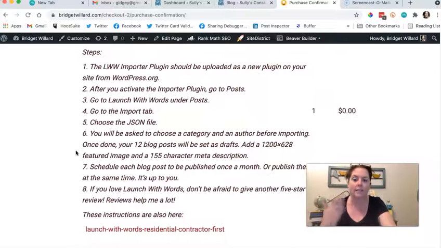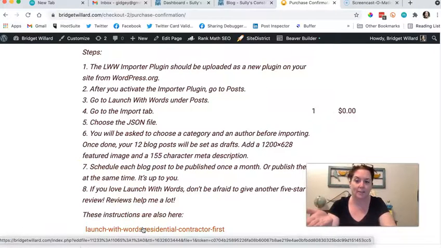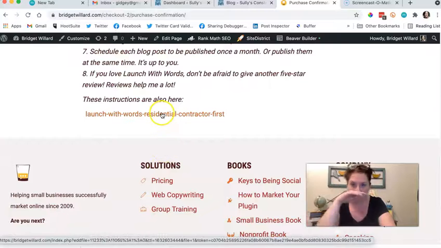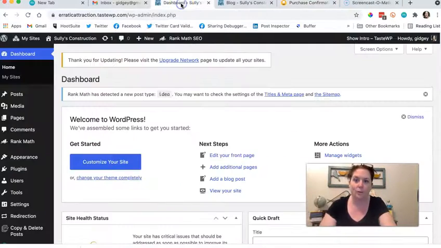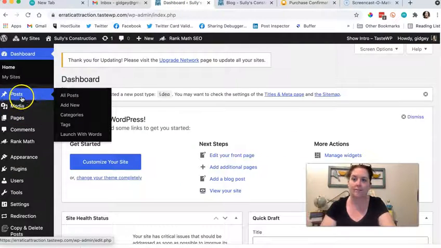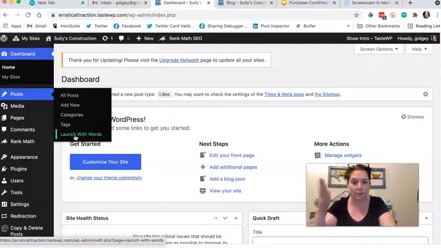You're going to need the Launch with Words Importer plugin first, which is on WordPress.org. And then you click on Launch with Words and first right here, and then it will download a JSON file. All right. Now, once you go to your site and you've already installed Launch with Words on your contractor site,